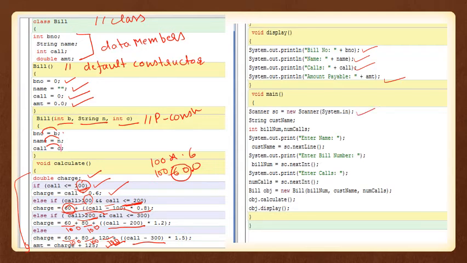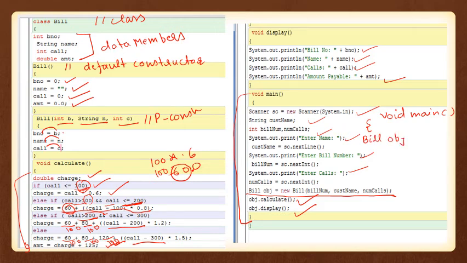Then inside the main you can define the values through the user also, and at the time of creation of the object pass those values and call calculate and call display. You can write the void main in short also. As you can see, you can pass a fixed type of input value in the program. So create the object, class name is Bill, obj equals new Bill. Pass all the arguments. First is the bill number 101, integer. Consumer name is Anu.